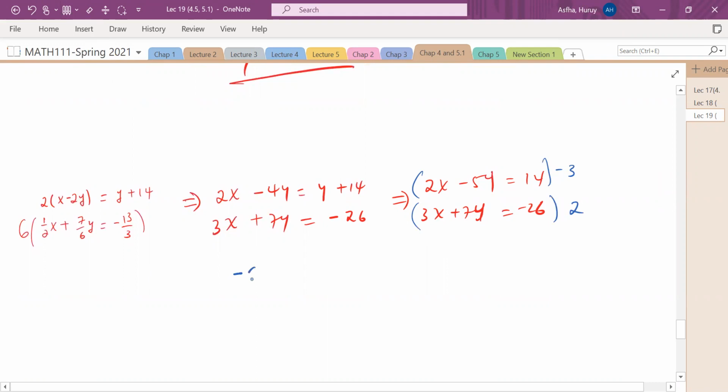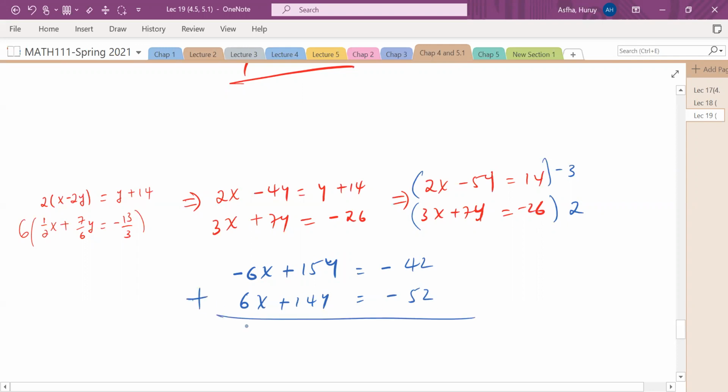And we get negative 6x plus 15y equals negative 42, and that one will be 6x plus 14y equals negative 252, I think. Yes. And now we add them. So 0,